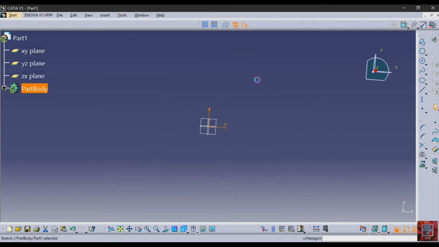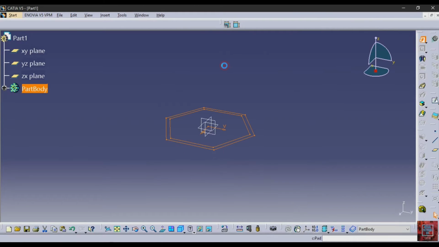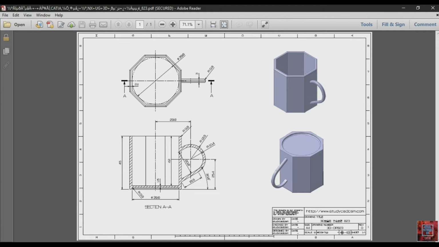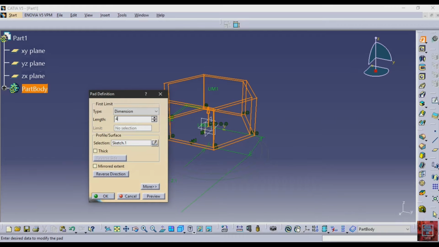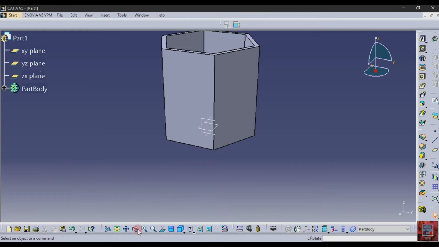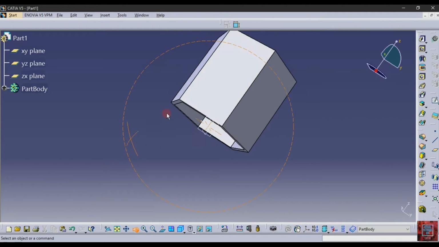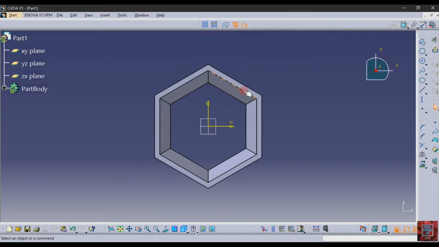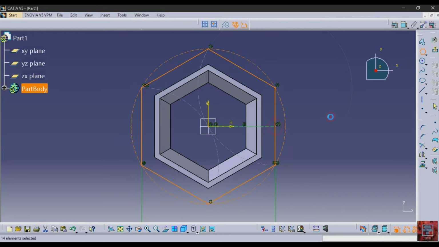After that exit sketch and pad it. The length of the pad is 45, so type here 45. And then again select the XY plane, then Sketch, and after that select this, and then select hexagon and make a hexagon, and after that give the dimension here.